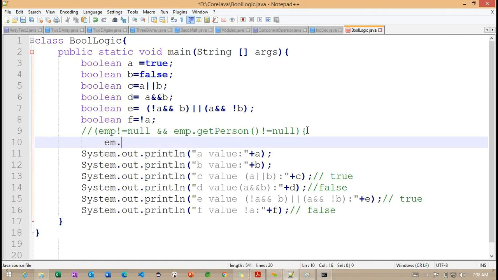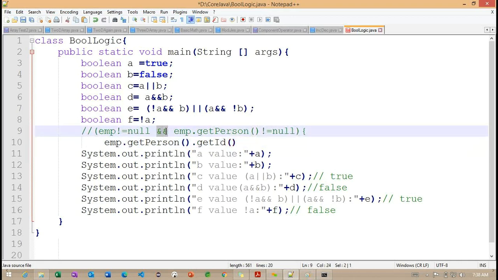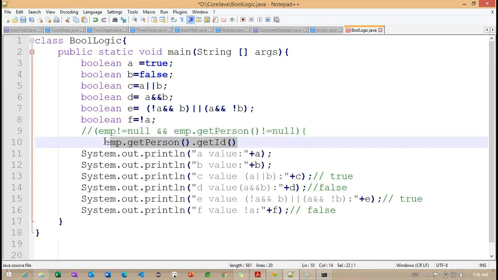So the current example here, with the help of this particular employee, get person dot something get ID. Based on this particular ID, we are going to load an object here. So just a simple example I'm providing here. But now observe how we are trying to use this particular AND condition. Along with this AND condition, we may define more conditions here also. So how can we define more conditions here?